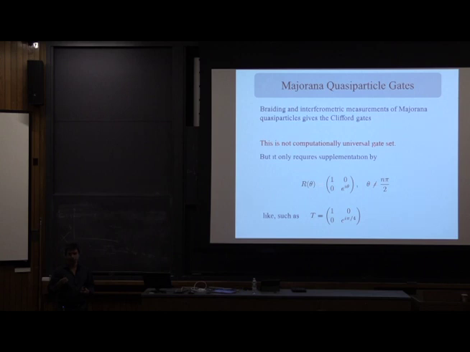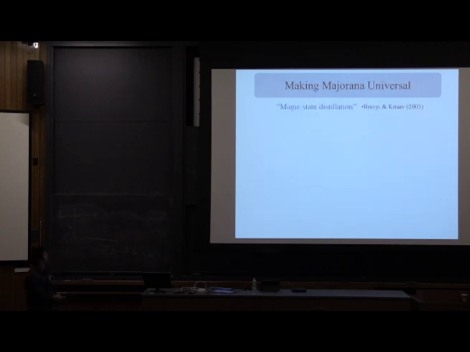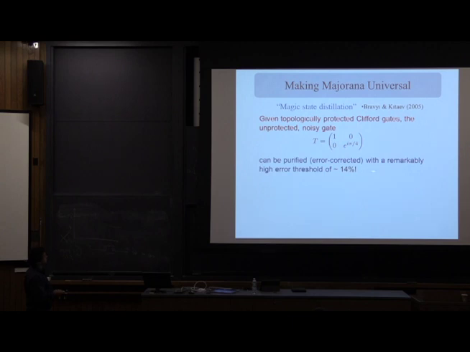From the point of view of error correction, we just need to error correct one gate out of all the other gates. And it turns out that there is a very high threshold. The error threshold is 14% for this one gate. One can use some error correction methods to purify the state and reduce the error. So that's a big advantage over conventional quantum computing schemes, where you have to have errors down to the 10 to the minus 3 level. How is the error threshold defined?